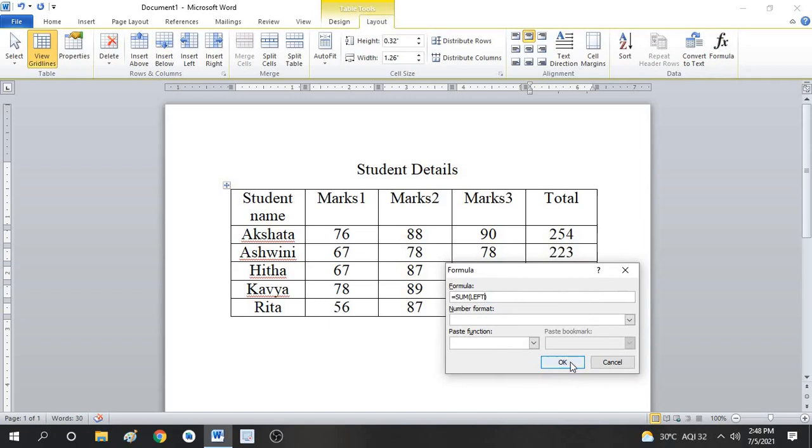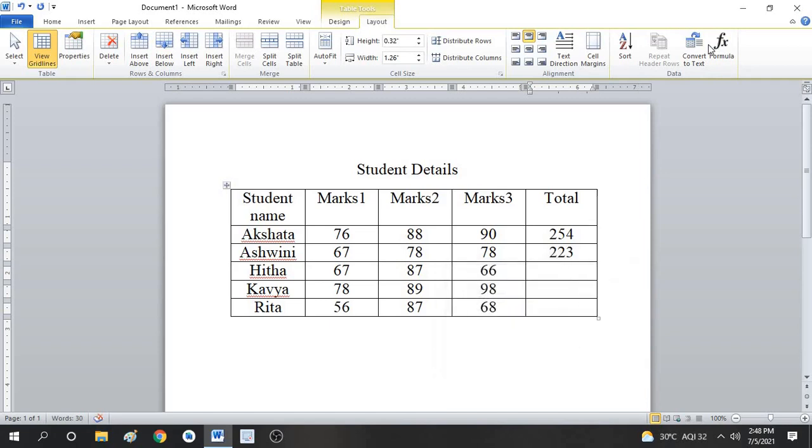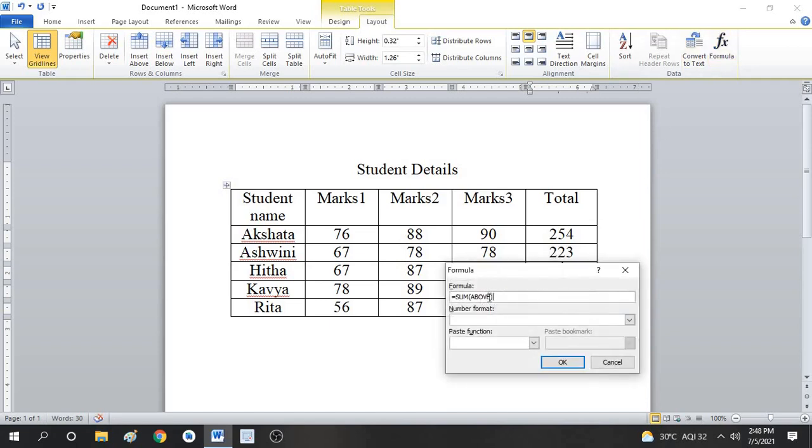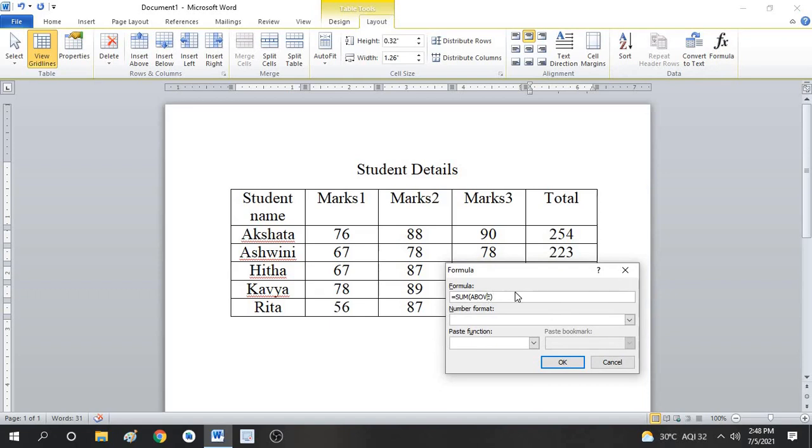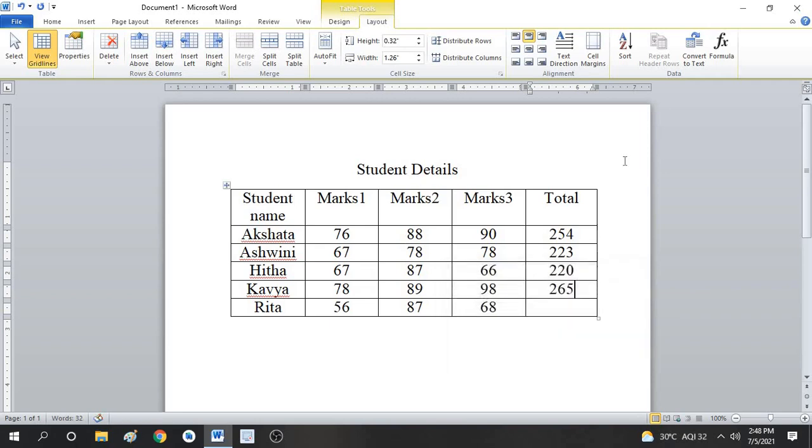Again go to formula, change it to left, click on OK.